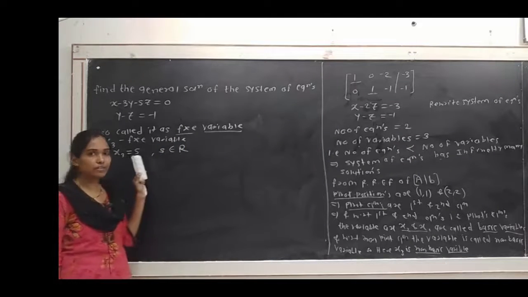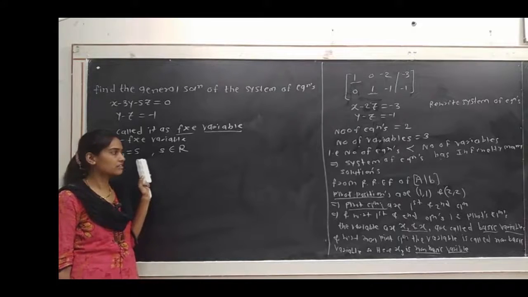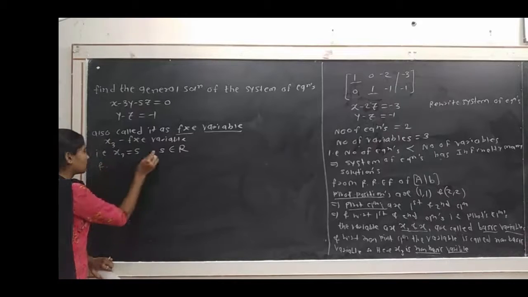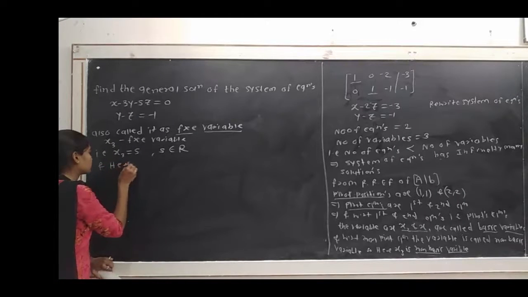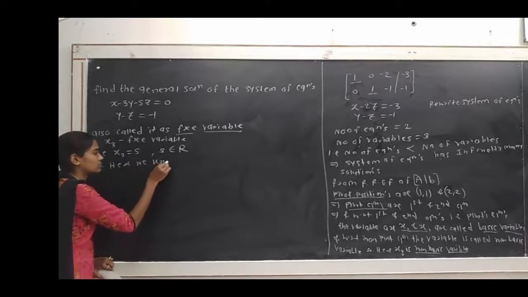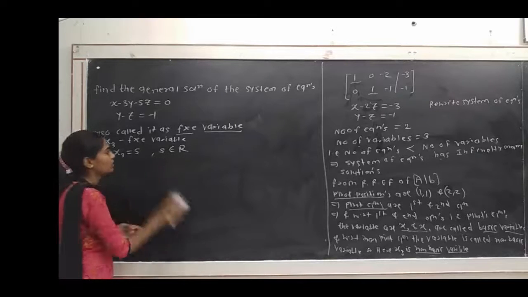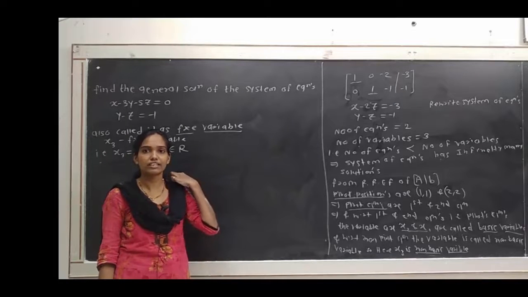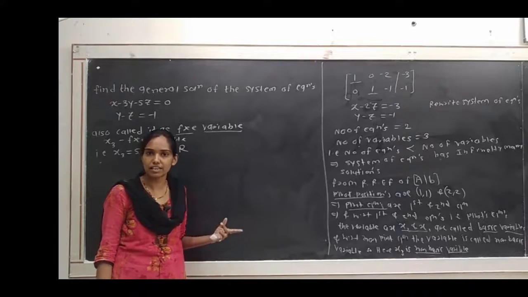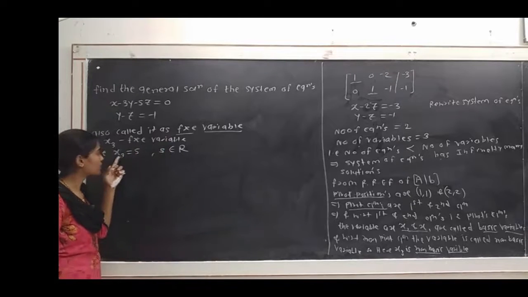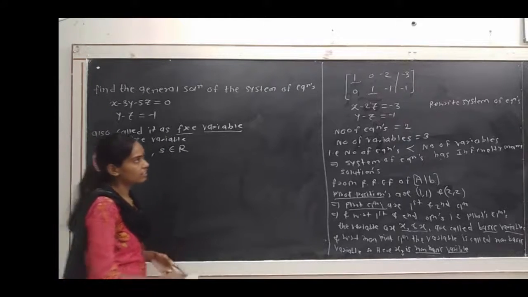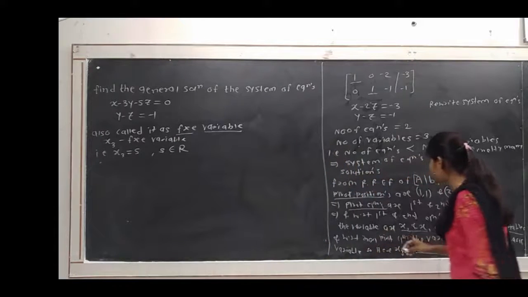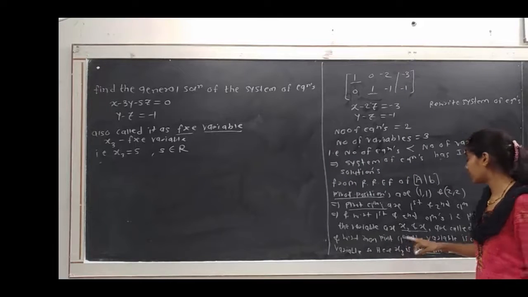We have to take any free value of x3, that is the variable, from the set of real numbers. We know that the set of real numbers, R, is infinite, so we can get infinitely many values of x3. And again from that, if we find the value of, here we have to consider